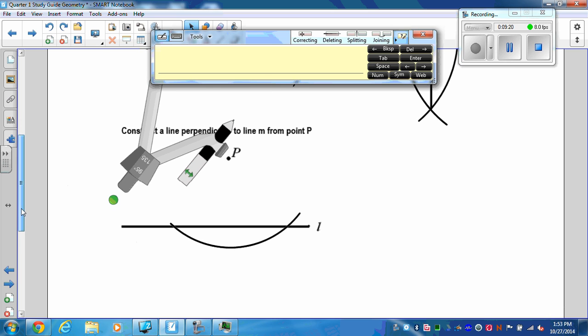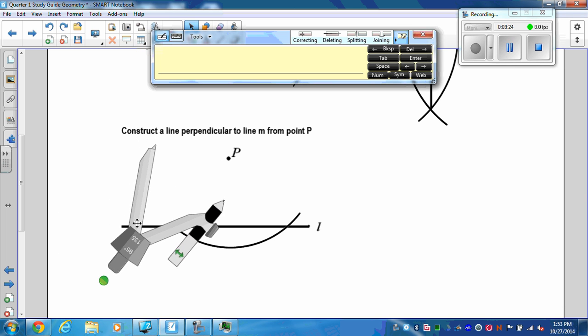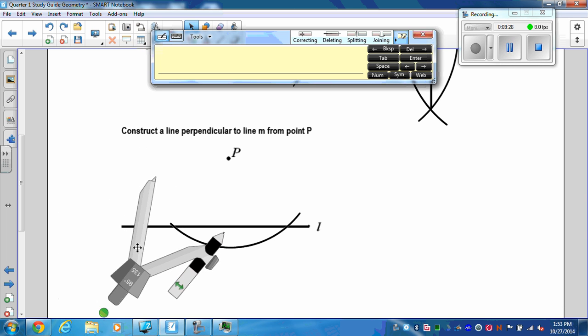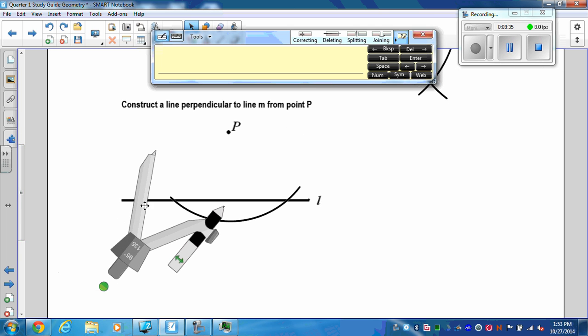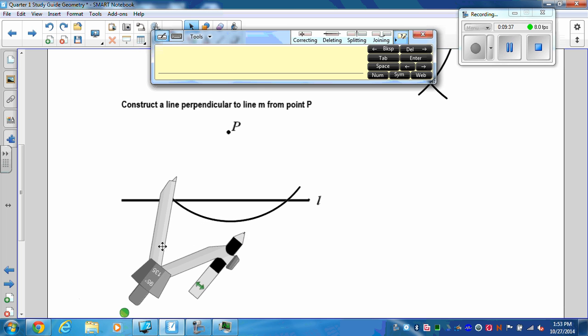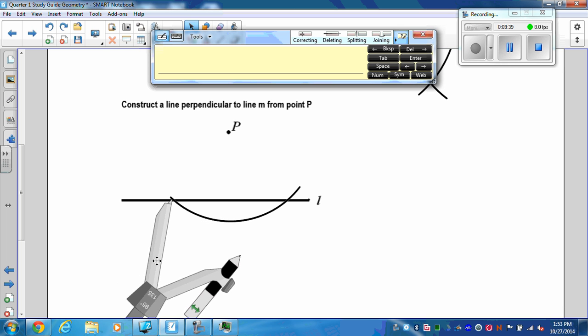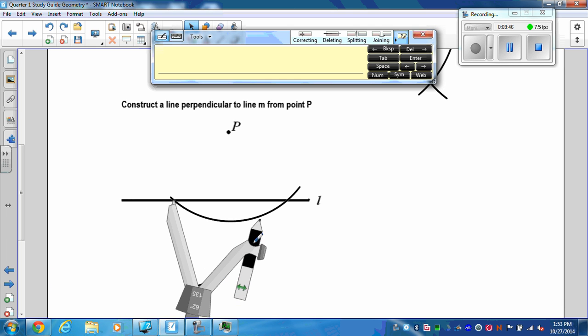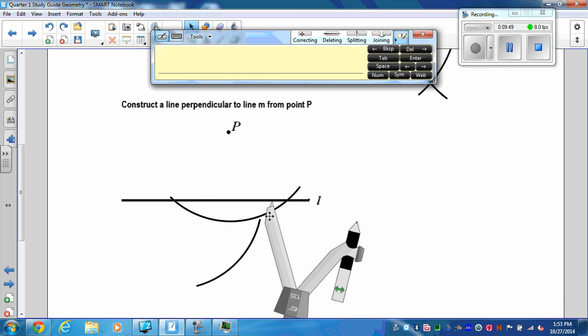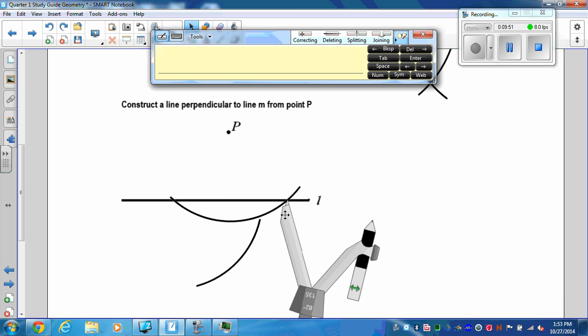And we want it to be perpendicular. And so that means it's going to be 90 degrees. And it's a little different than the other one because I'm not using the endpoints, but otherwise it is the same construction. So now I'm going to move my compass point to that intersection and swing an arc, and the compass point at this intersection, not changing it, but I'm going to swing an arc,